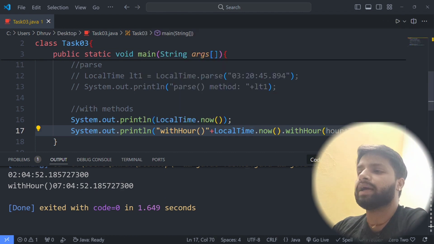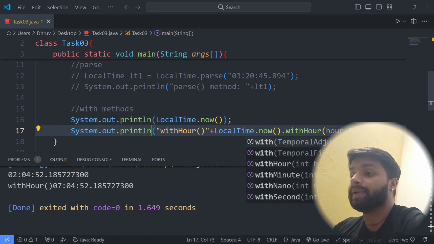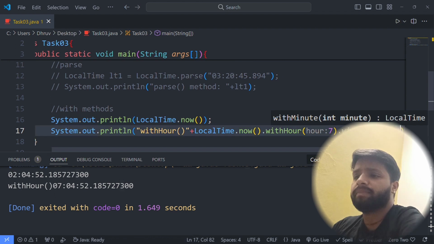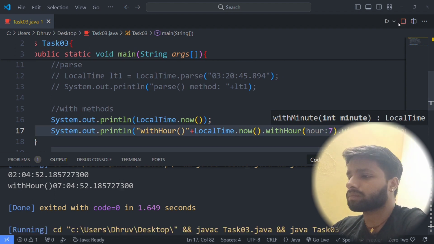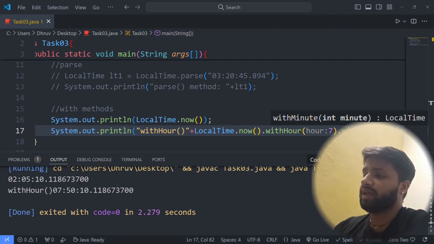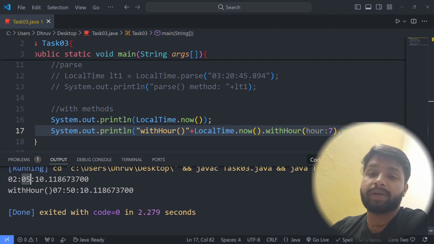Here you also can use withMinute. You can pass 50. We have minute 5, but 5 is replaced with 50.